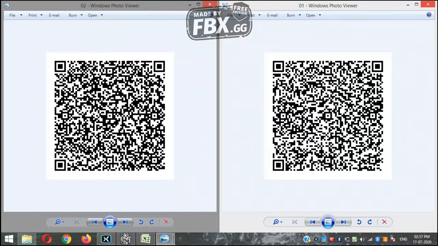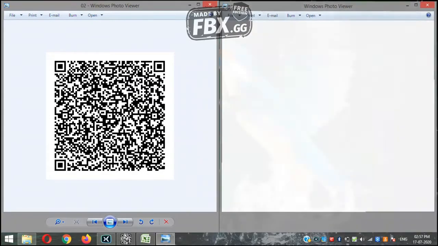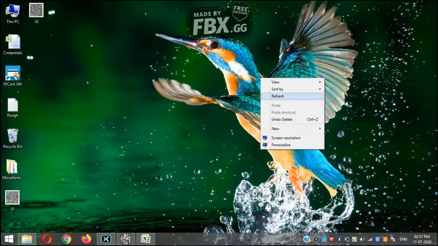Now some of the smartphones nowadays, they don't need third-party apps for a QR code reader. The camera itself recognizes the QR code, like in mine. So I can see on my smartphone the QR code details, the entire thing that I had copied and pasted in the QR code generator. I'll close this, two of them.